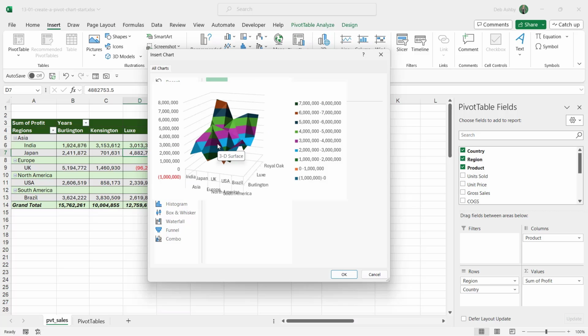become really complex. Now, remember, the idea behind a chart is to make it easier for your audience to visualize those key metrics. And if you take a look at this 3D surface chart, I would say that this probably isn't going to be the best way to represent my data. It looks a little bit all over the place. It kind of looks like an origami animal. It's going to be really difficult for my stakeholders or CEO to gain any insight on the figures using this